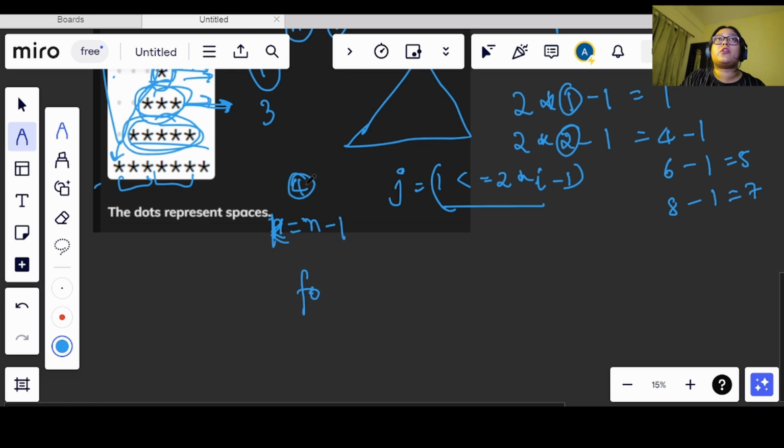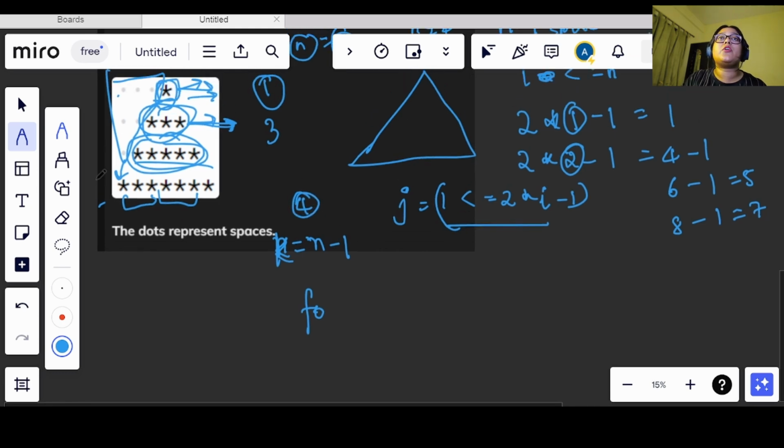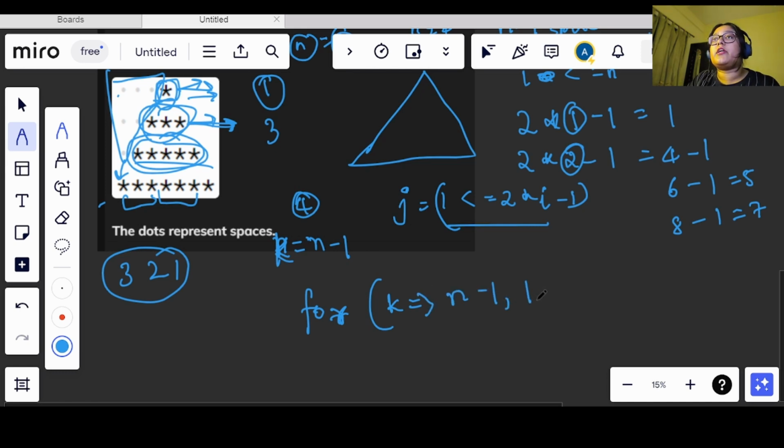If the value is 4, as here, then it is going from 3 to 1, from n minus 1 to 1. So I will start iteration for k in the reverse order, from n minus 1, greater than or equals to 1, and it will be in reverse order.